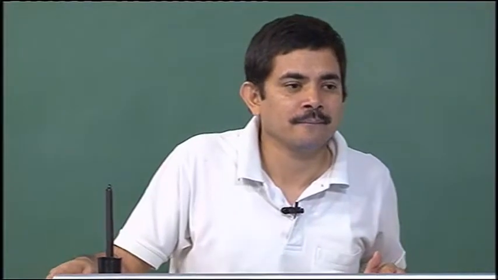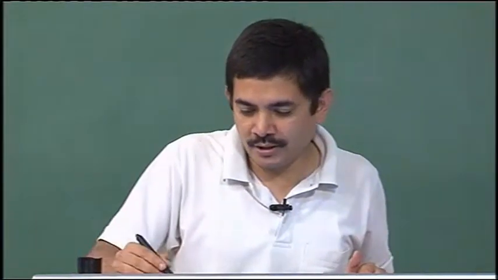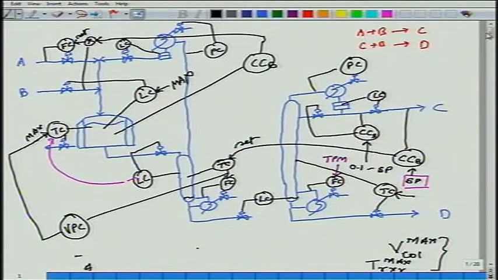How close can I operate to that max boil up limit is governed by what control system I put in place. The one that we had put in the previous class, where the level control was using temperature, this purple line, allowed me to operate at 100% boil up in the stripper, 100% boil up in the column. If level control is not feasible because the level runs dry or whatever, then I need some back off in the boiler which will cause a yield loss. Nevertheless, production will be as high as possible.